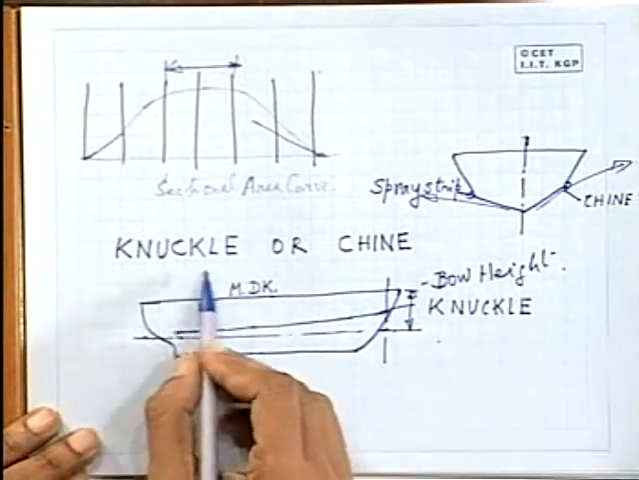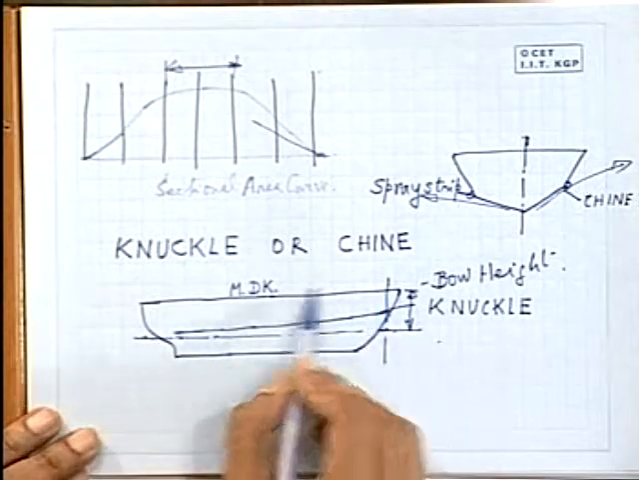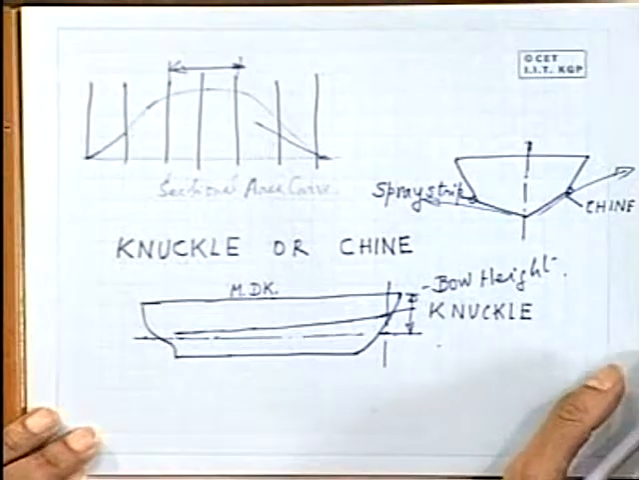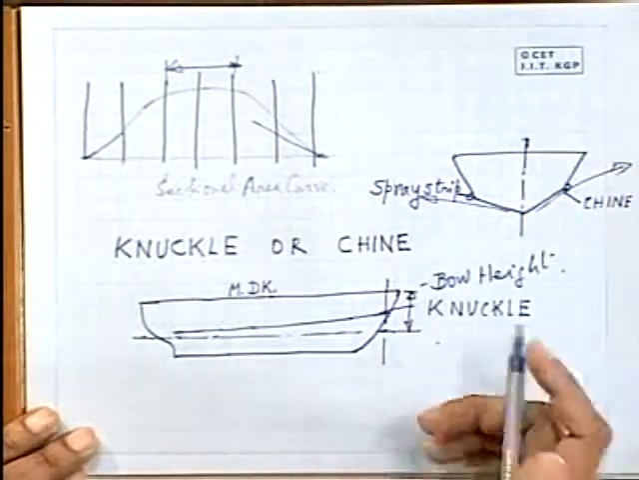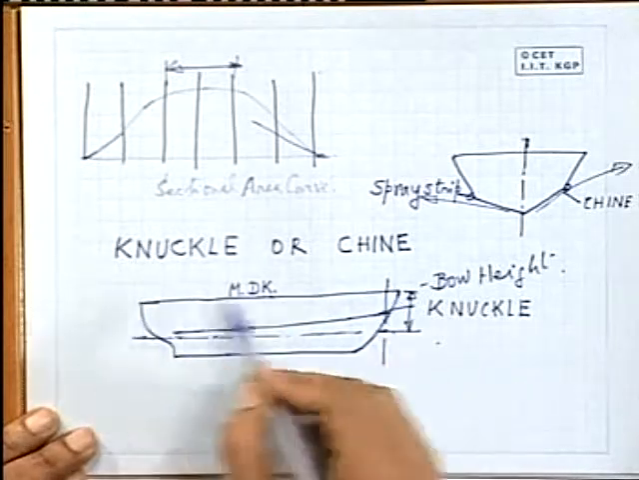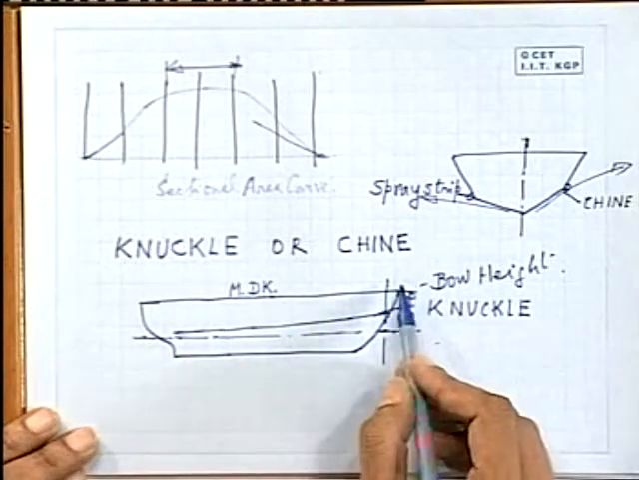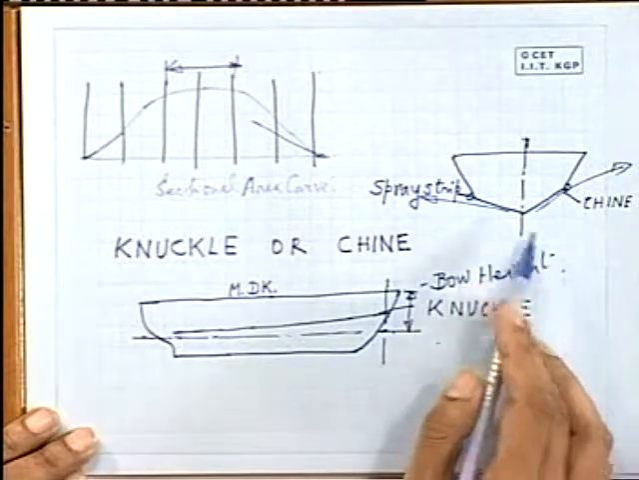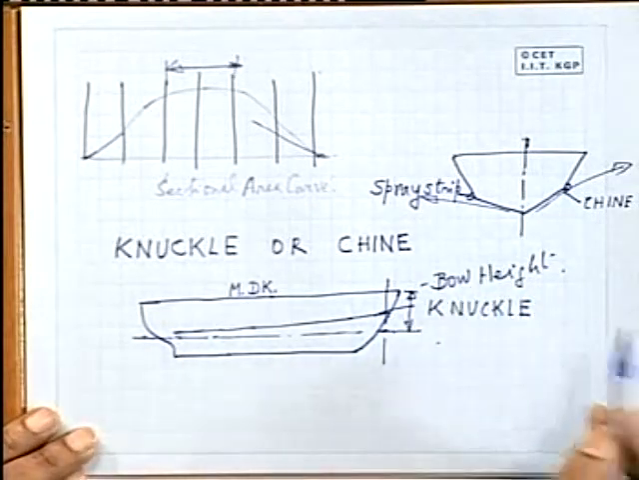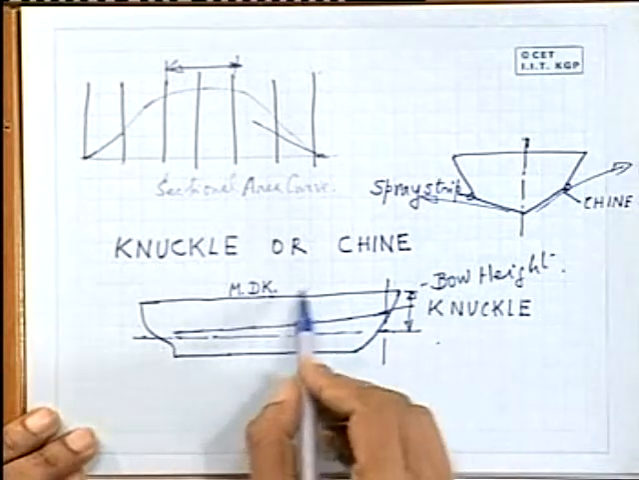Because normally the crew will be working on the main deck, and if the deck is always wet, they run the risk of falling overboard. So the deck has to be maintained dry. So that is done by these two. In high-speed ships it is done by the chine, and in some boats the knuckle is given. You maintain a bow height, and another